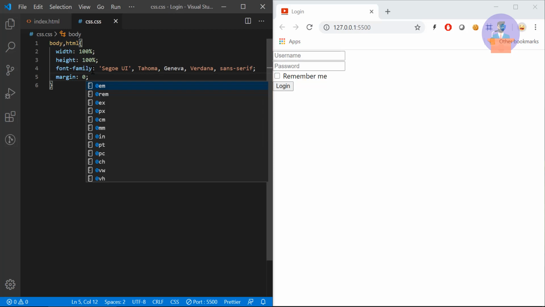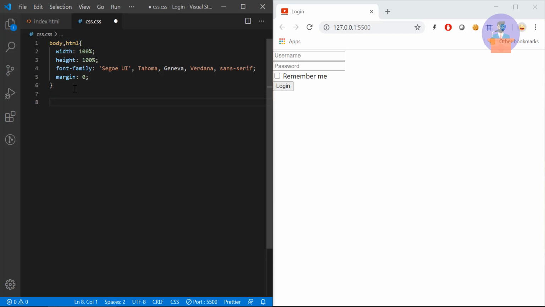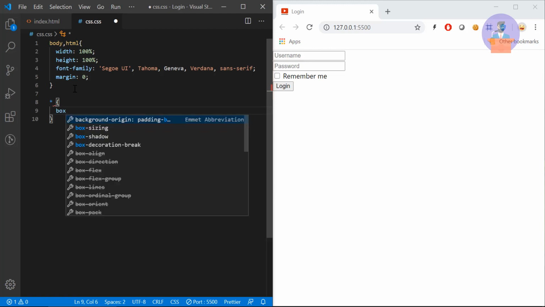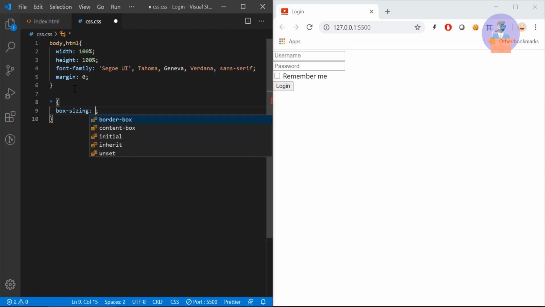Let's save it. You can see in the browser we have reset our font family and the margin. I will provide box sizing as border box to all our elements, so I will use star and box-sizing border-box. By doing this, whenever we provide any padding, the width of the element won't increase.